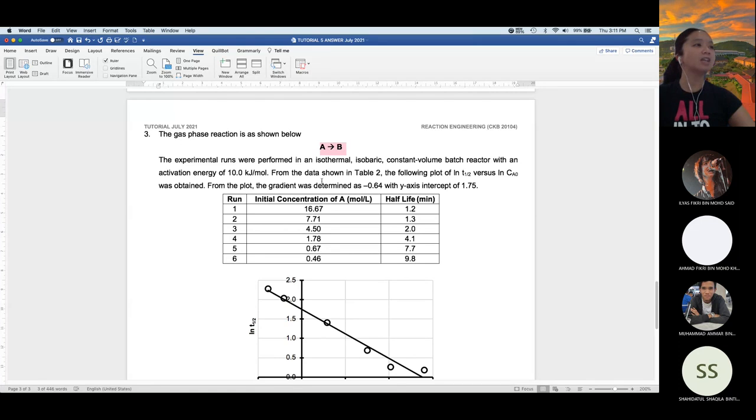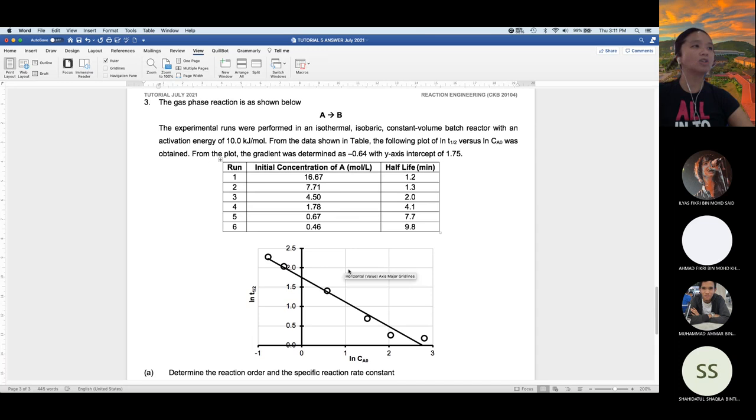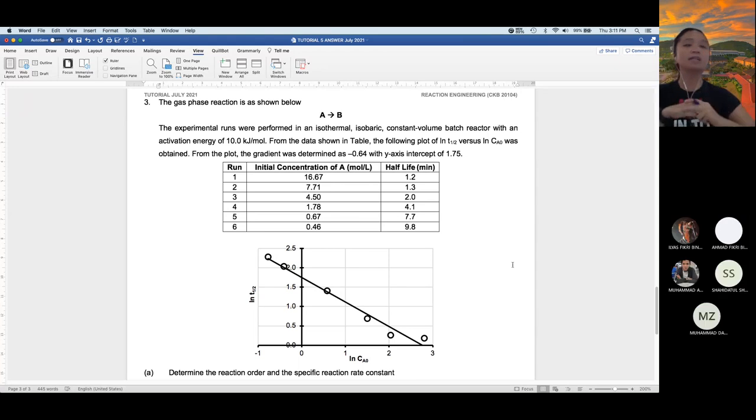And from the data shown in table, the following plot of ln T half versus ln CA0 was obtained. From the plot, the gradient was determined as negative 0.64, y-axis intercept of 1.75. Okay, so sama je. Daripada data, dia plot graph. Tapi graph ni dah a little bit different sebab is ln T half versus ln CA0. So senang je lah kalau kamu tengok T half, saya dah pernah ajar kamu, T half tu